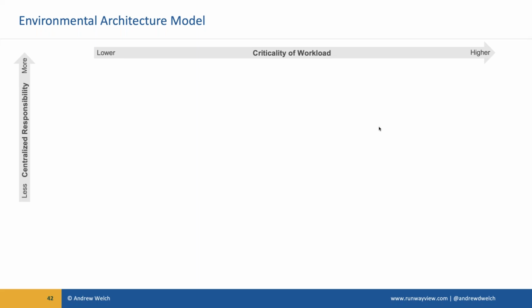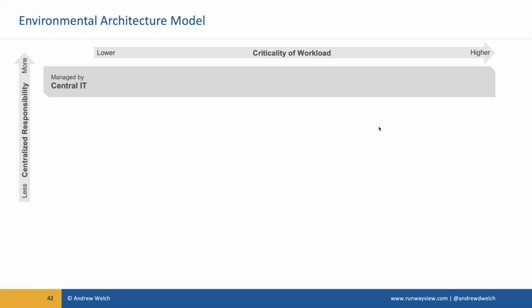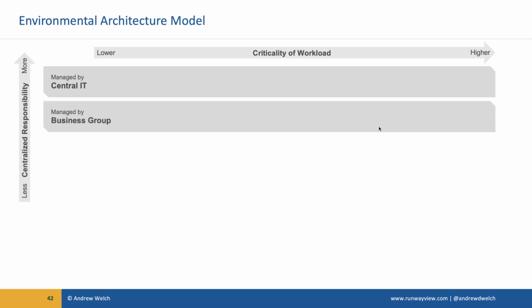So within this framework, within this model, we really have 4 tiers of application support. One is that the environment and the applications living inside of it are managed by central IT. The next down is that they're managed by a business group. Next, we've got team environments. These are the applications that, via Project Oakdale, live inside of Microsoft Teams, and they are managed by the team.